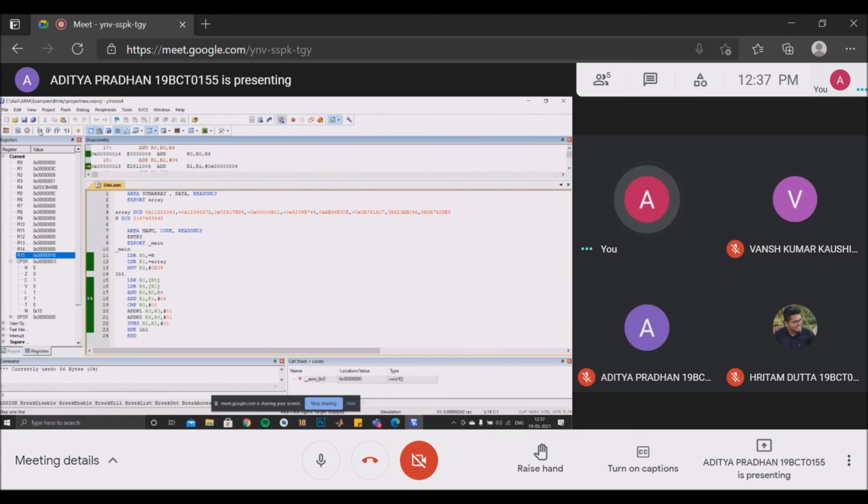So now we are going to compare this value with 0. As we can see, this is not equal to 0, so the N flag is set. This means line 20 will not be executed, and the control will be transferred to line 21. Now line 21 will be executed. R6 will be incremented. So as we perform two AND operations, we have to decrement the count value by 1. Before it was 8, now it will be 7.